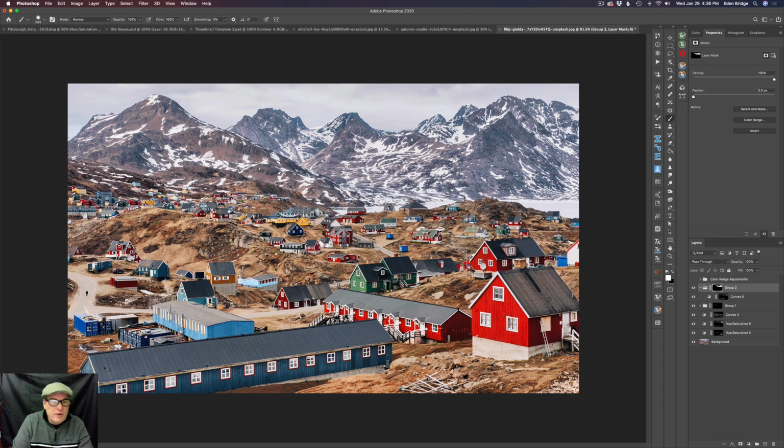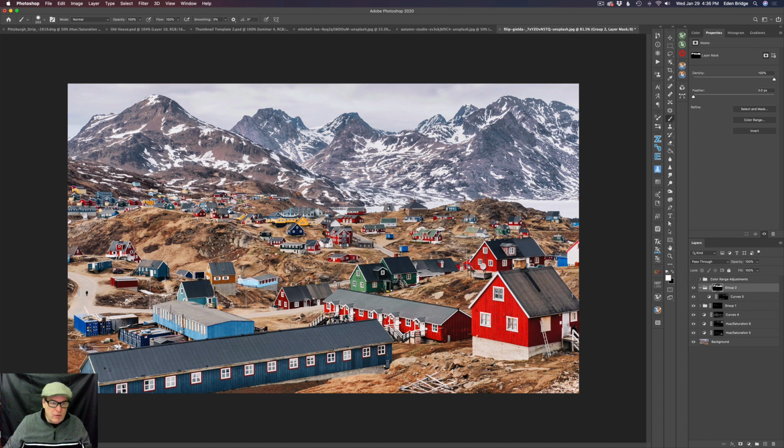Okay. And we can even come over here and see if there's any of the shadows that got picked up. Yeah, and some got picked up over here as well. Okay, so just like that. We have not affected anything down in here, so let's click that eyeball, before and after. So that's pretty cool. We're almost done. Let's finish up with